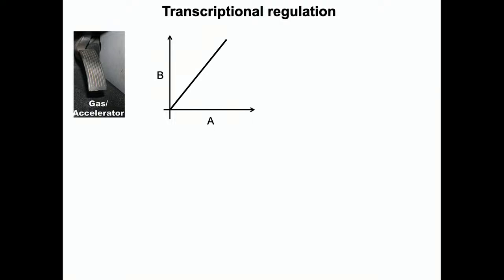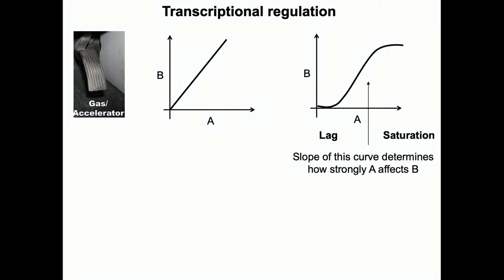Is that correct? Right? So basically, in general, what people have observed is that you get a graph something like this, which to many of you may remind of bacterial growth curves in some sense, right? So there is the so-called lag phase, then there is a growth phase, and then it again saturates. And the slope of this curve determines how strongly A affects B. So if A is affecting B very strongly, then you will begin to see the function getting more and more steep, and basically tending close to a step function eventually.